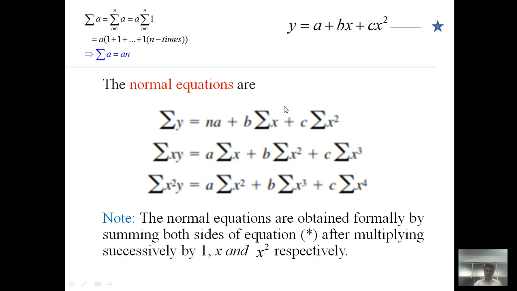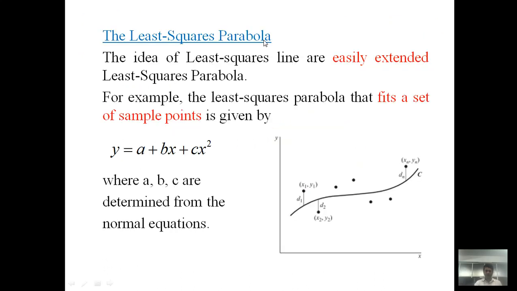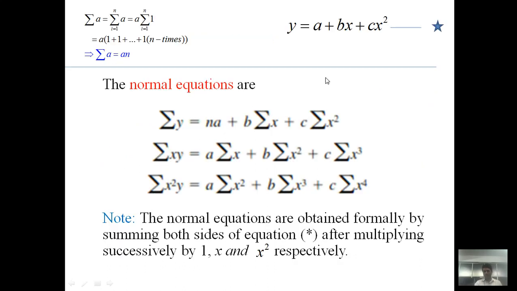But here we have to discuss how we can write down these normal equations. So we assume the required least square parabola is y is equal to a plus bx plus cx square. Just for the sake of brevity, we write it down in the margin. To obtain the normal equations is very simple; from the student's point of view, here is how we can remember it. Multiply both sides by summation, so it is summation of y.